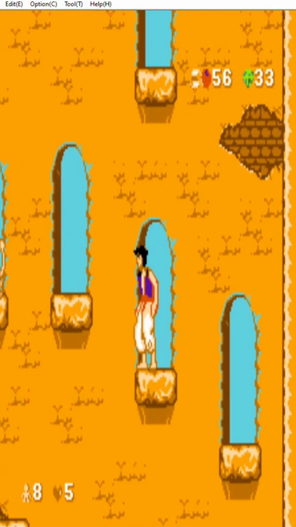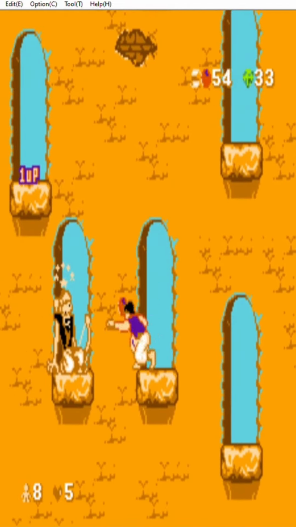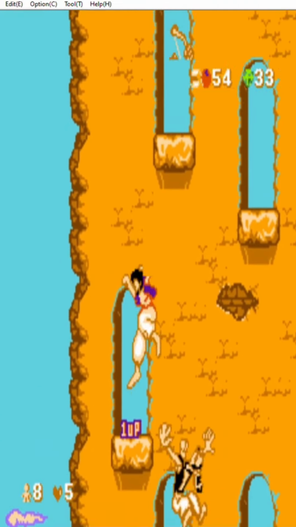Aladdin for NES, a nostalgic adventure. Aladdin, released for the Nintendo Entertainment System, NES, takes players on a magical journey